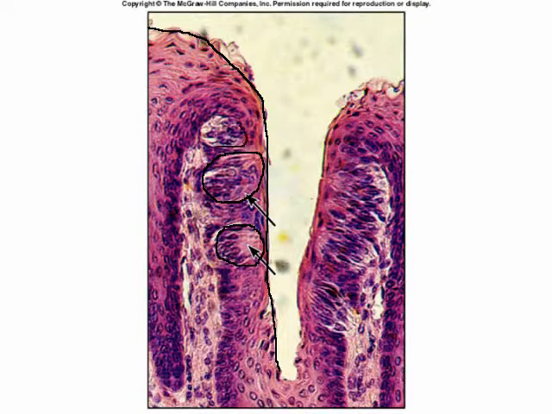So I'm circling some of the taste buds that you see here. This last one that I've circled, I put an arrow on it. You actually can see the little taste pore. Do you see that right there at the surface of it? And the taste receptor cells have cilia that extend out through those pores. Here we can see another taste pore on that taste bud. It's got to be sectioned just perfectly in order to be able to see the taste pore.